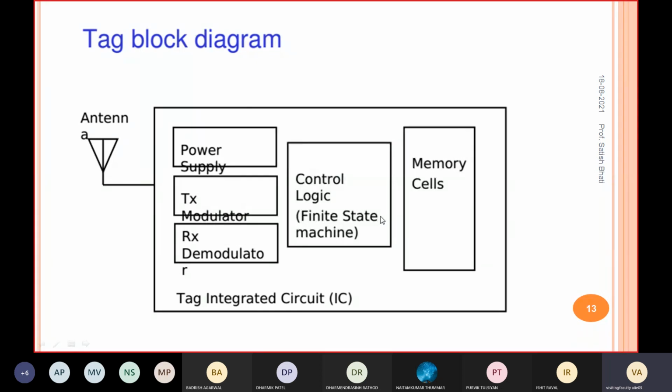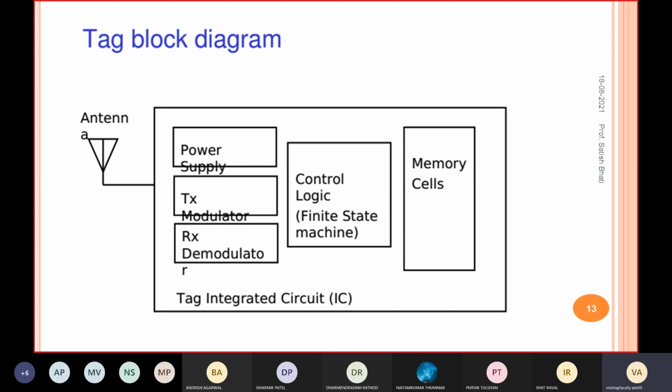Then whenever you want to transfer the data through the antenna, you have to perform some modulation, right? So modulation is a technique using which whatever data you have in digital form, you can transmit in the air or wirelessly, right? So that's why you need the TX, meaning transmitter modulator, and RX, meaning receiver. It's short form of transmitter and receiver, right? So when you transmit, you will do some modulation, and when you receive, you have to perform the reverse operation. That is demodulation, right? So here the blocks are TX modulator and RX demodulator, right?